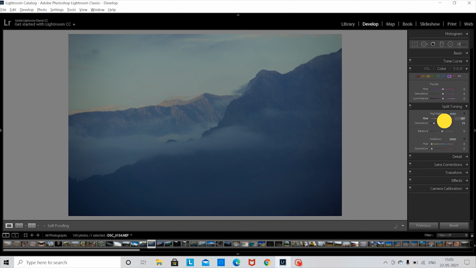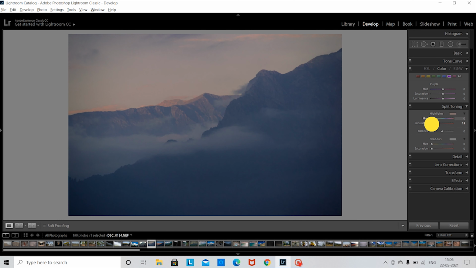Over here you can change the colors of the highlights and shadows in the photograph. So I don't like to change it much, because if you do it too much then the realistic aspect of the photograph is lost. As there's already too much of blue in the photograph, I would like to add a yellow tinge to it. So yeah, I guess this is fine. And you can always go back and forth in the bar to see which color looks better.